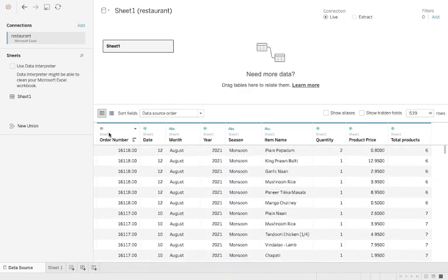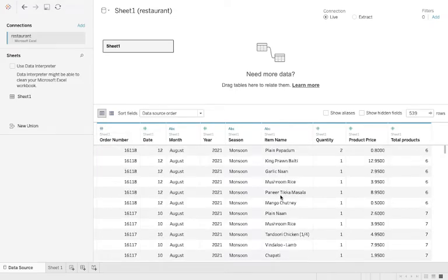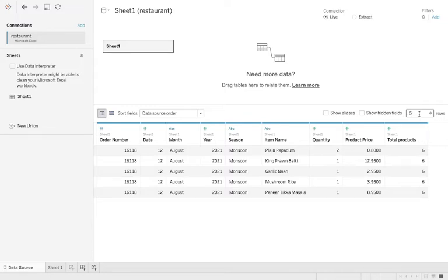So you can change any data type in your Tableau, and then you can go back to default to reset the entire thing, right? So these were our data types in Tableau. Moving ahead, I want to show you a few other things that we have. If you just click here, you can see there are 539 fields total in this Excel sheet. If you want to see just the first 5 columns, you can just write the number here and you can see all those 5 columns.